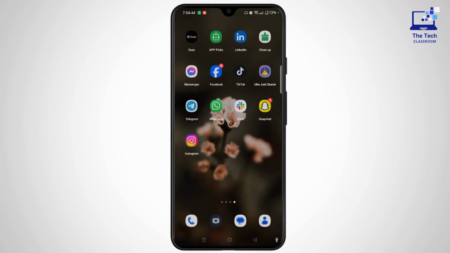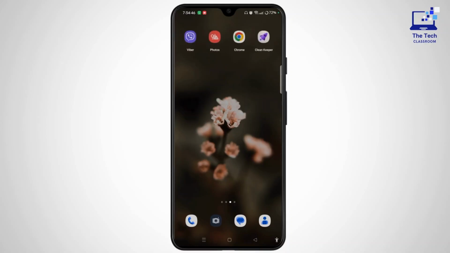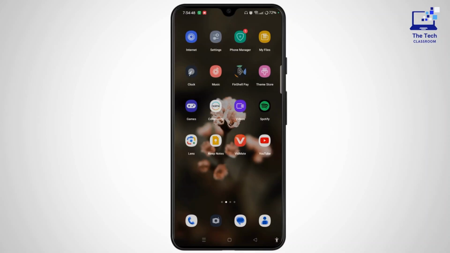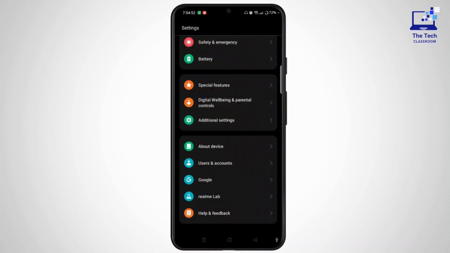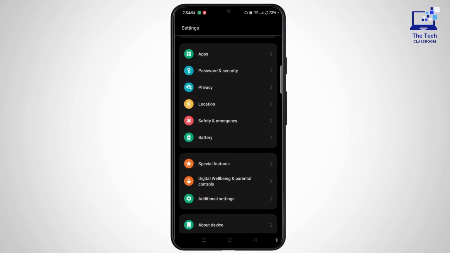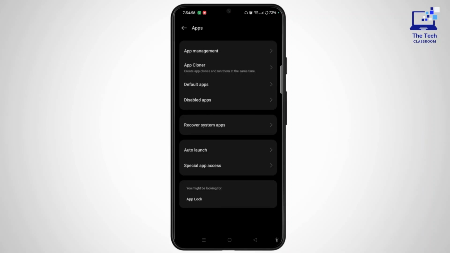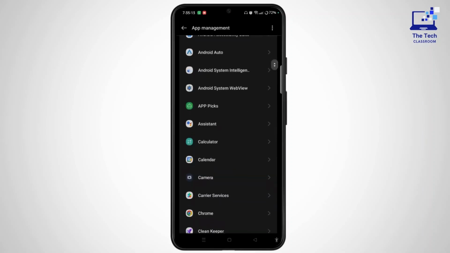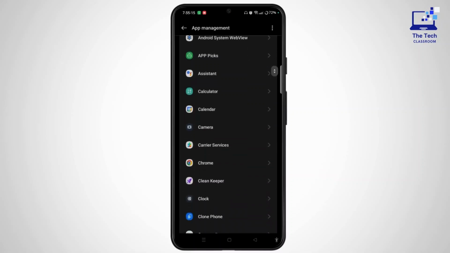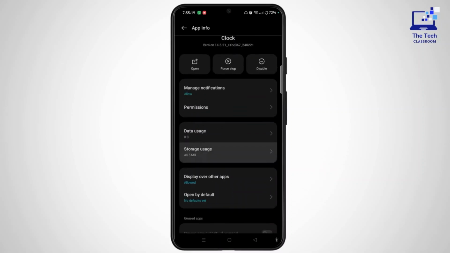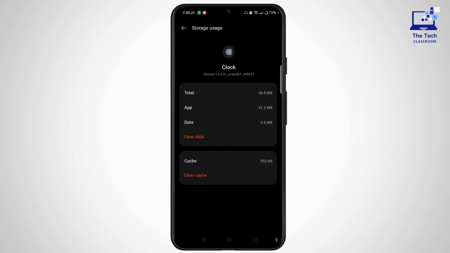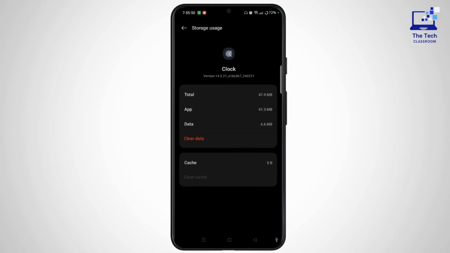So, in order to clear cache for individual apps, simply open Settings on your device. Scroll down and then tap on Apps. Select the App Management option at the top of the screen. Scroll down and select the app which you want to clear the cache of. Now tap Storage Usage and tap Clear Cache. Be careful not to tap Clear Data unless you want to reset the app entirely, which can delete settings and